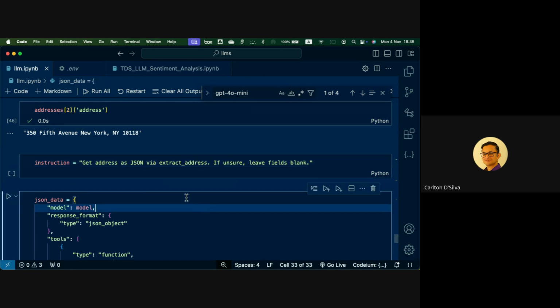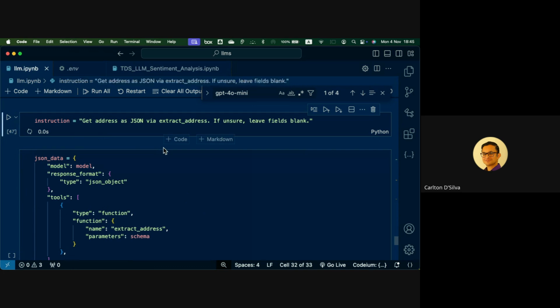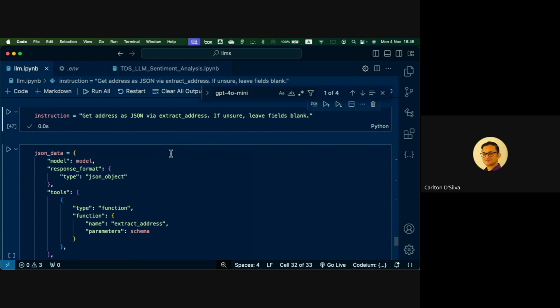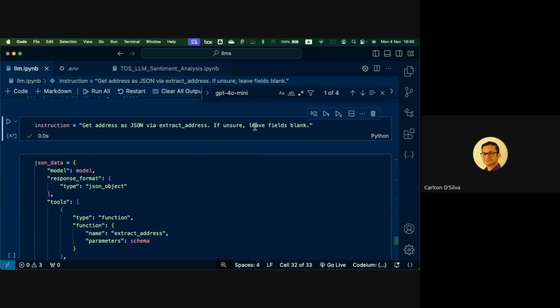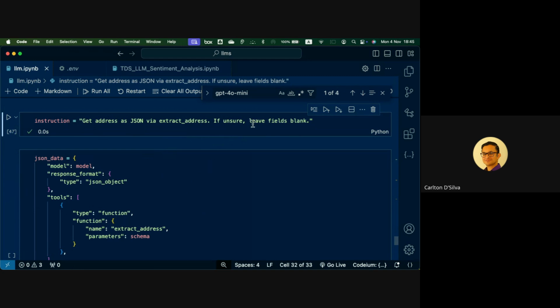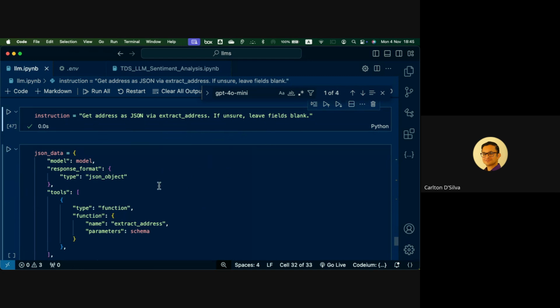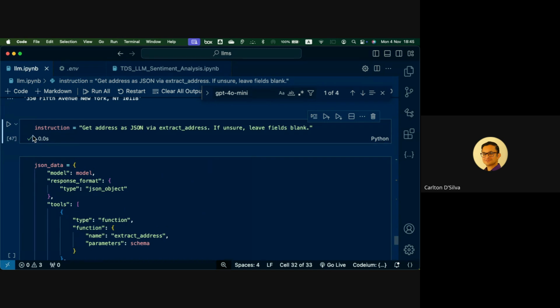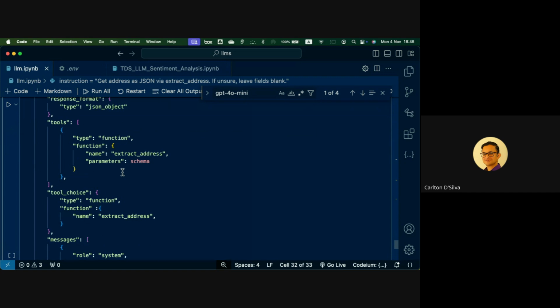We all know that GPT can hallucinate, so we are making it explicit that if it's unsure, don't make things up. It's a little bit like a naughty intern. We've given them some work and they'll just make up stuff to show they're doing good work. So the instruction is there.